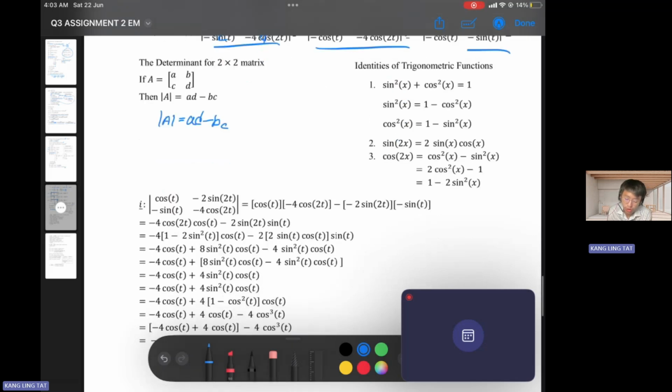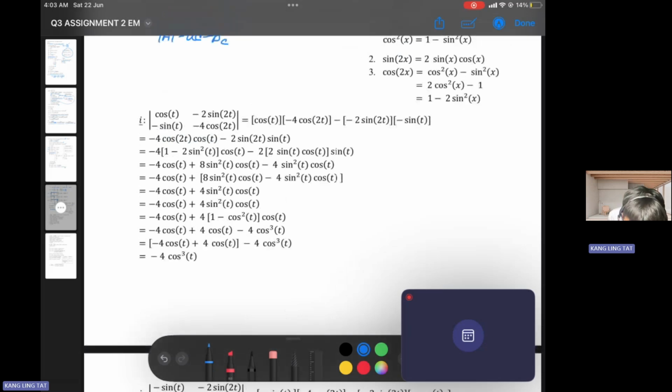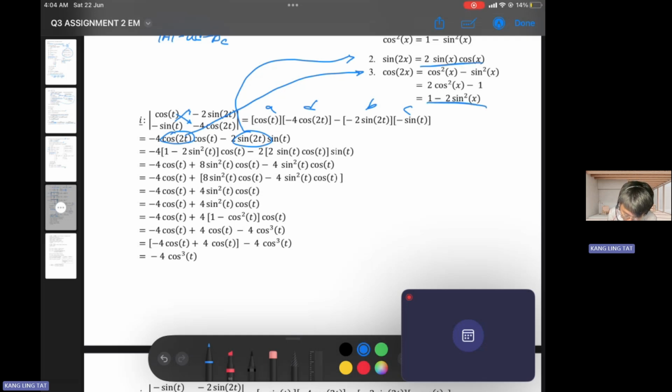So here we are also going to be using the trig identities. So looking at i, a times d and then minus b times c. So look here, a times d, b times c. So this is the first product we are getting. You can see here there's a cos 2t and also a sin 2t. So basically we can use the trig identities right here. We can replace it with these trig identities, and then we need to expand it, so we can